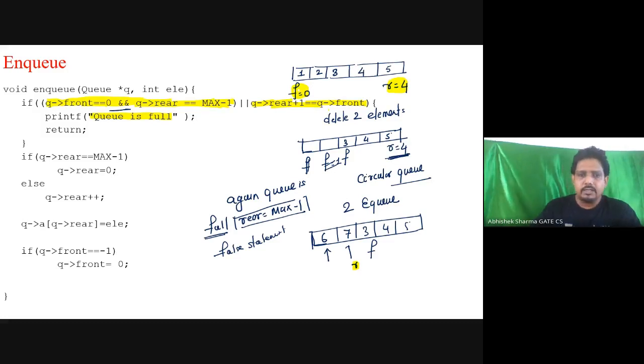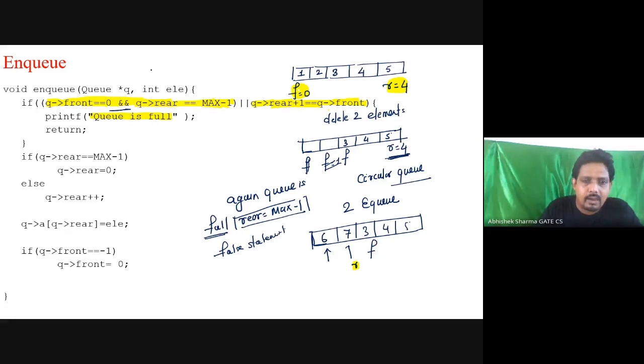Clear. Okay, so now here this is the case that I have checked, that front is equal to 0 and rear equals max minus 1, or queue pointing to rear plus 1 is equal to front. These two conditions can also be summarized in a single condition.